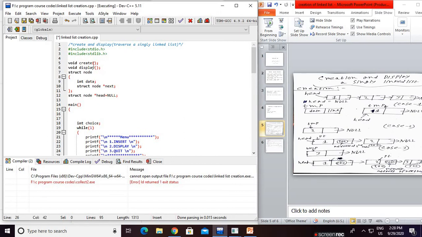Now we use a self-referential structure. I already told you about this when I discussed structures previously. This is called a self-referential structure because the members of the node are data and a pointer, star next. What is its data type? Struct node type. So struct node has one member of its own type, that means struct node type. Reference is self, that means the member has its own data type. Struct node is a structure, and node is the name of the structure.